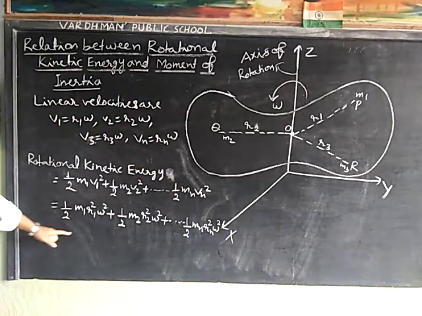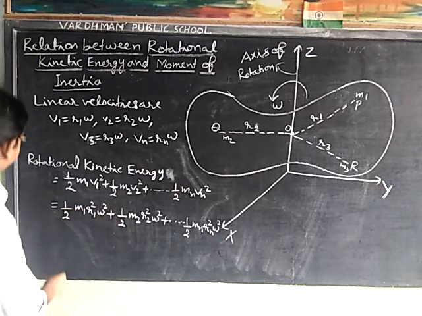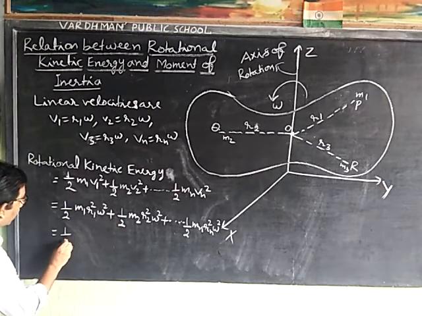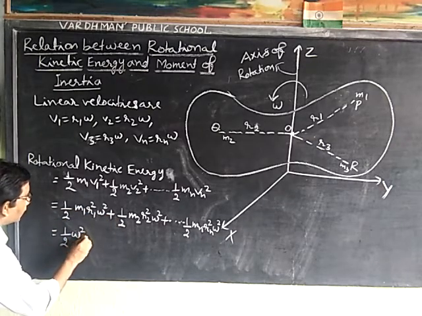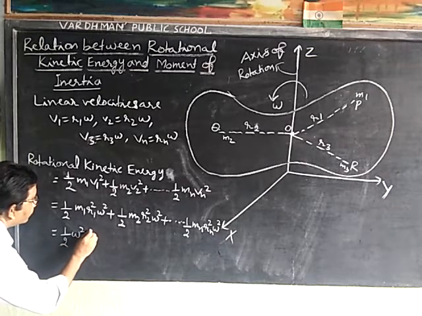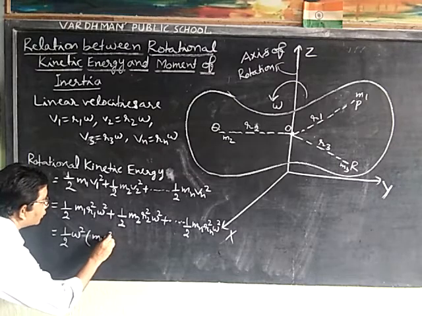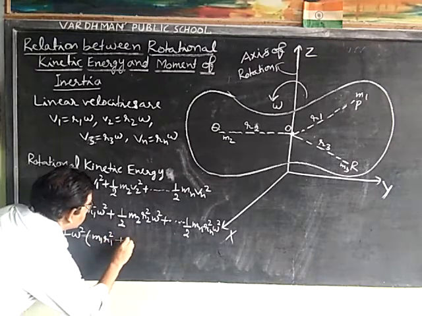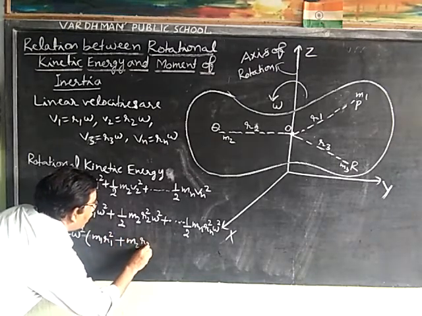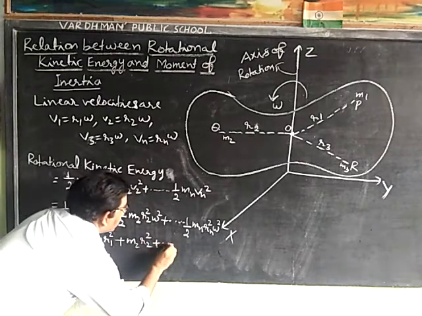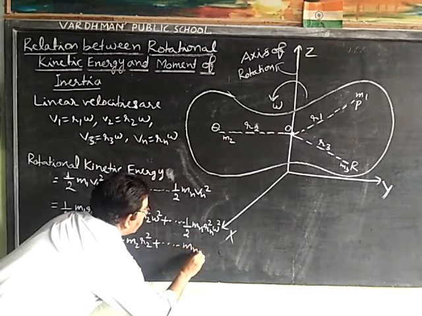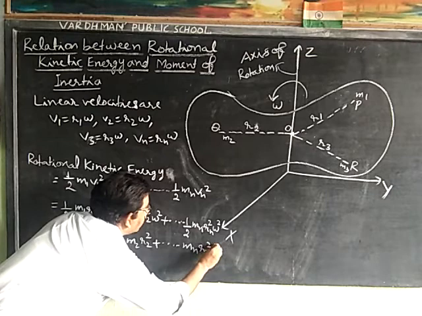Now we take common half omega square, then it becomes m1 r1 square plus m2 r2 square plus mn rn square,